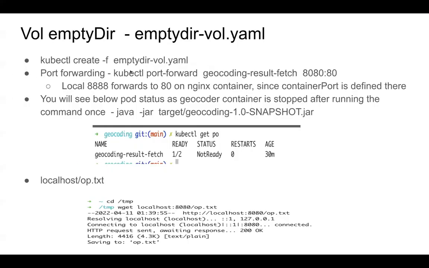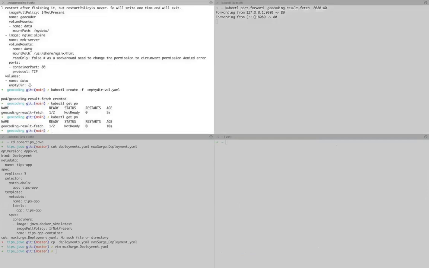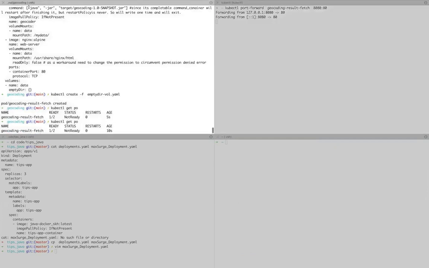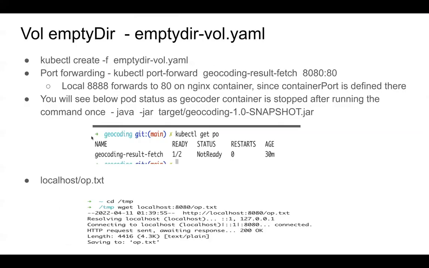So this is on. Now you will see the pod status below as 0, container is stopped after running the command once. So you see it's not ready. One container is ready, which is Nginx. The second container is not ready because of the command in this YAML: when this command got run and finished, the container stopped. So now what I'm going to do is